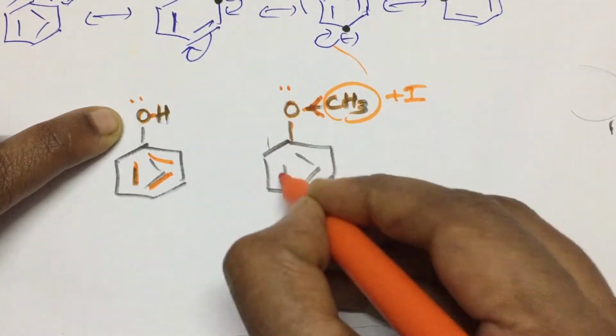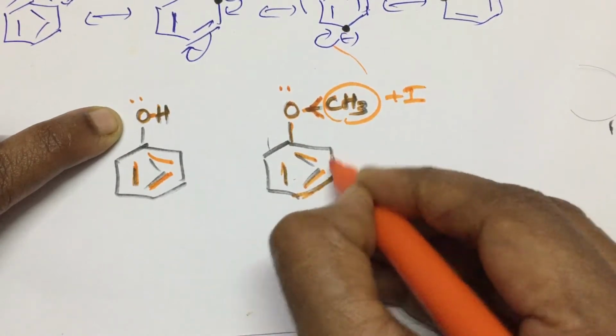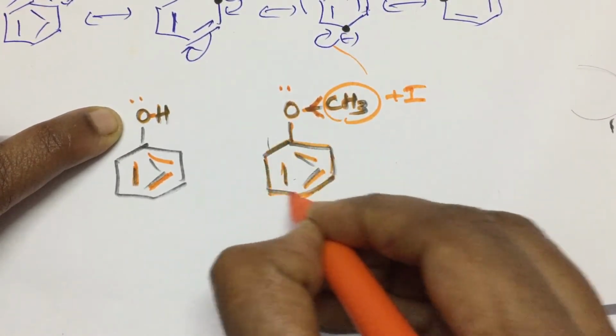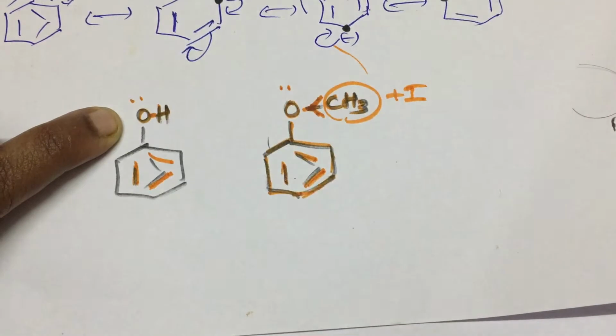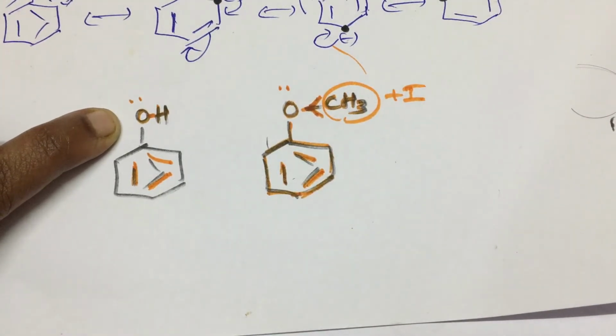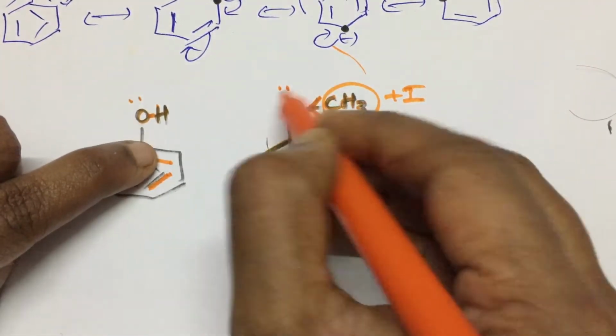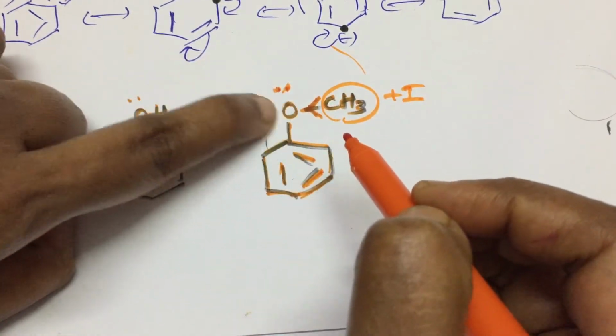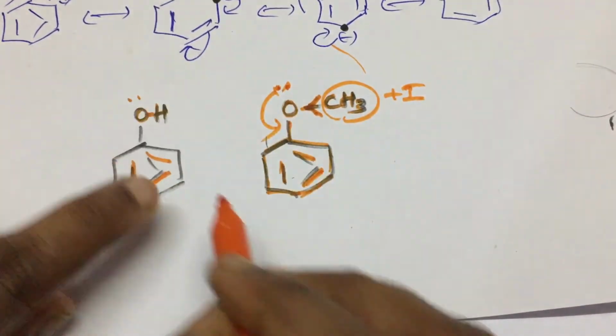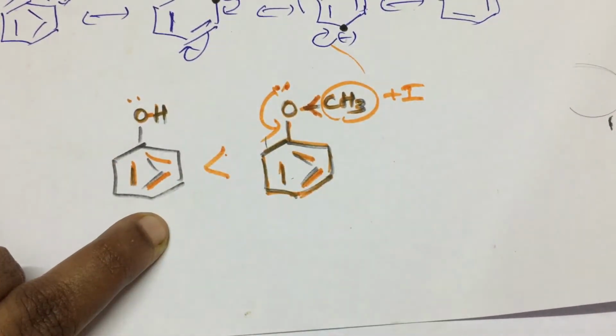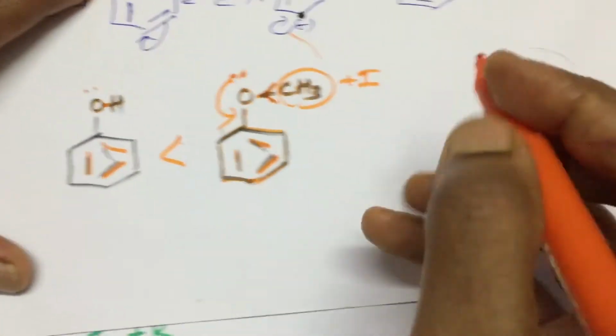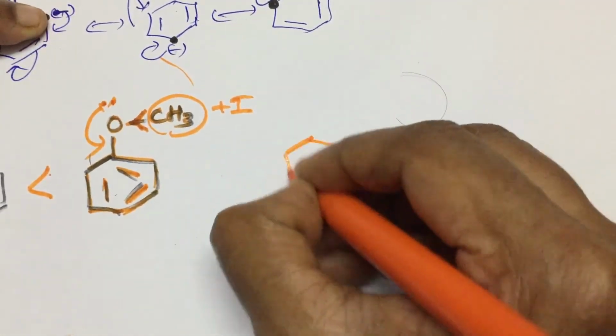So when people have money, and when people are surrounded by people who motivate them to donate, they will donate more electrons, right? So this will push electrons, and in turn this will give more electrons. So which is more reactive? This is more reactive. Okay, so when compared to this one,